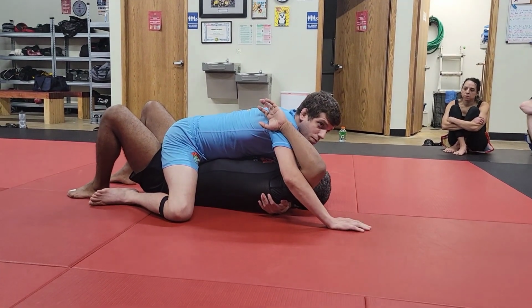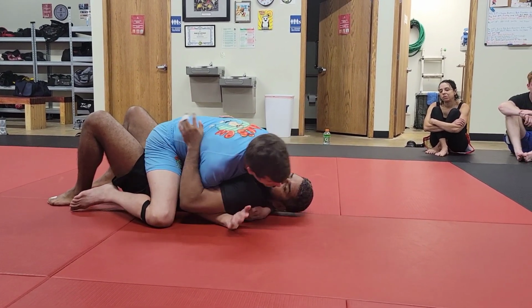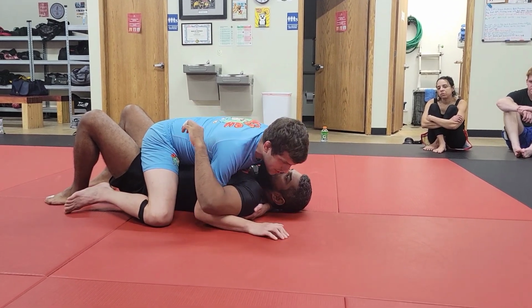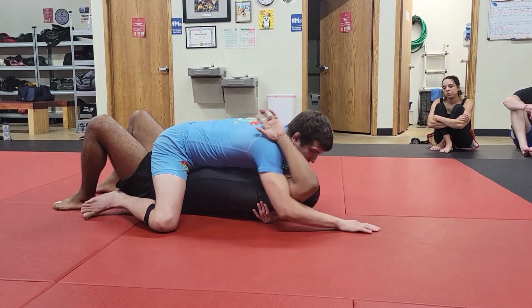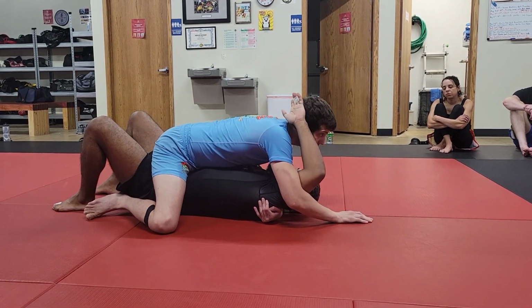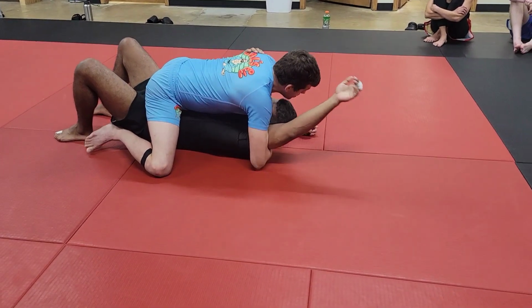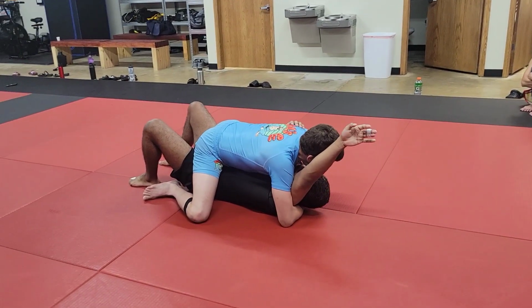When you do this, you wanna make sure that your hand's on the mat, okay? If I go to straighten, I take my hand off the mat, he gets leverage over me, okay? So hand stays on the floor, walk, stretch, walk, stretch, until his elbow gets over his shoulder, just like last week, okay? Now from here, just like last week, I'm gonna convert the underhook to almost like a full cross